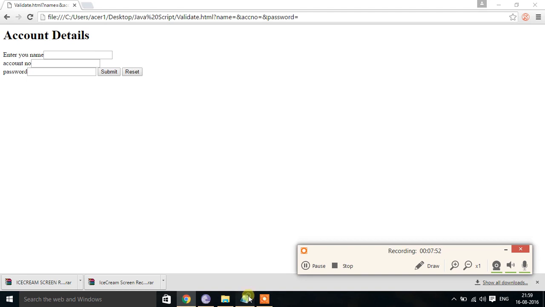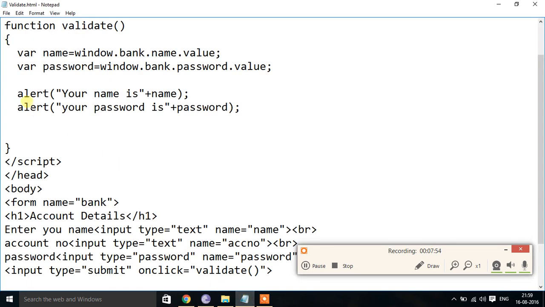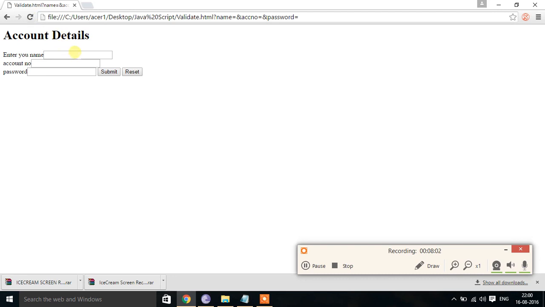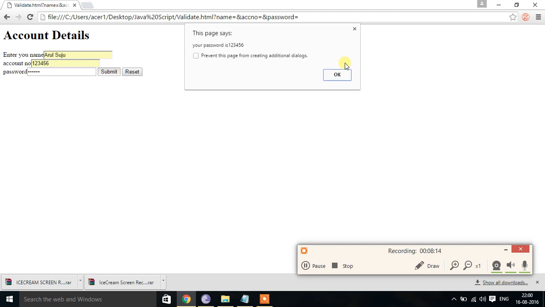So to show the result, instead of document.writeln, I have given alert. Now we will check. I'll give some name, account number, then password like 123456. If I give submit, it will display your name is followed by name and your password is 123456.